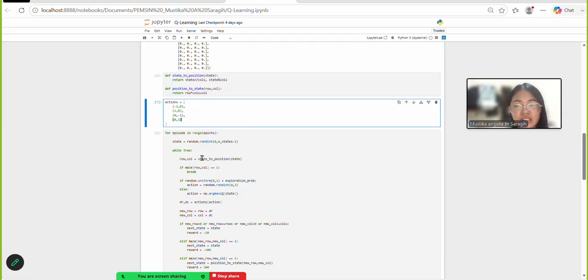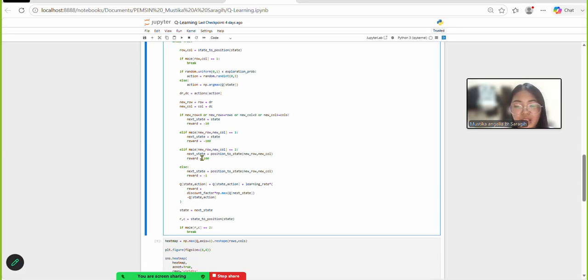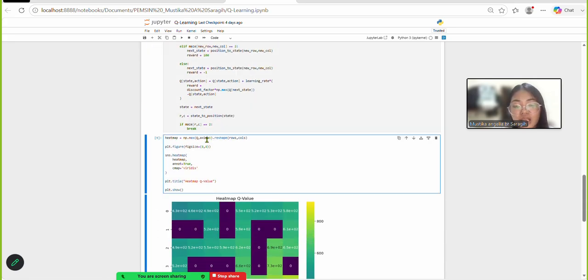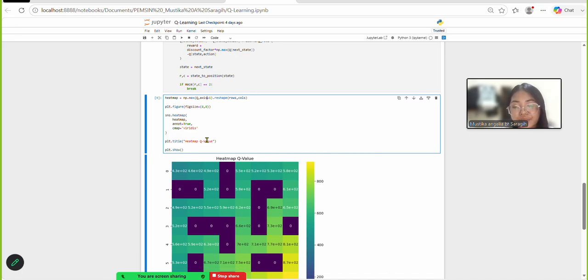And next is train the agent. The agent learns using the Q-learning algorithm and the epsilon-greedy strategy. It sometimes explores random actions and otherwise selects the action with the highest Q-value. Next is visualize Q-values. The maximum Q-value for each state is visualized as a heatmap, where higher values indicate better states.